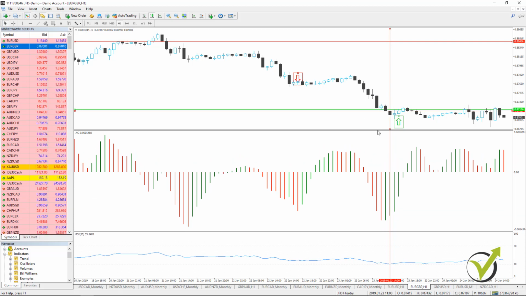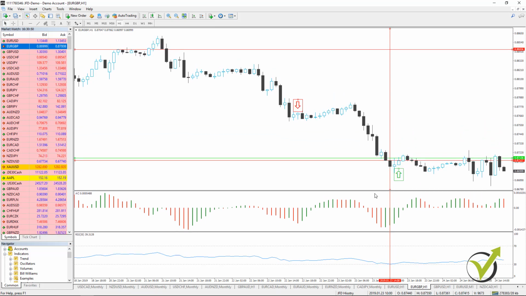All right, so I will attach again the sheet with the parameters for the strategy, with the trading rules, which will make it easier for you to set up your screen for the euro pound strategy on H1.